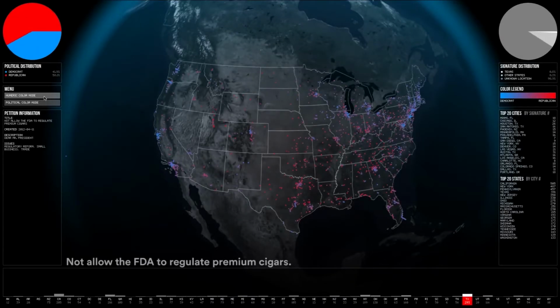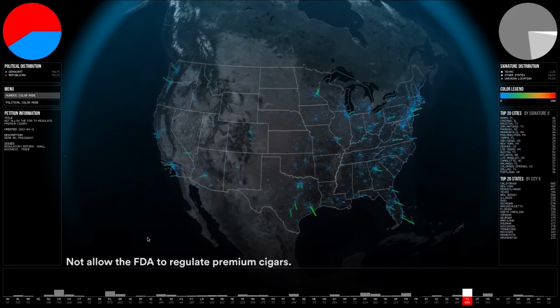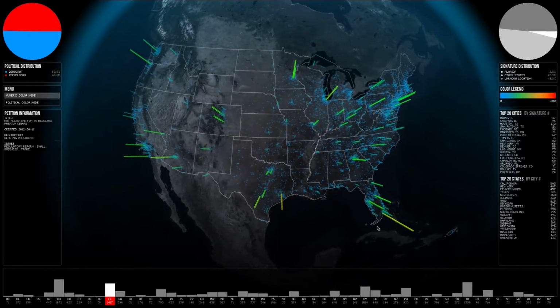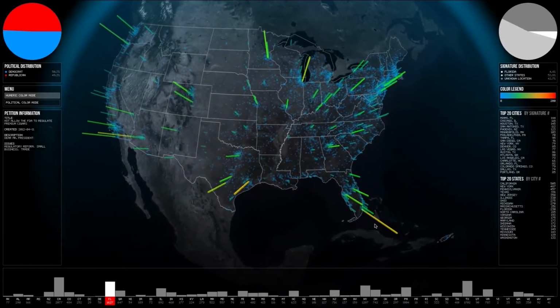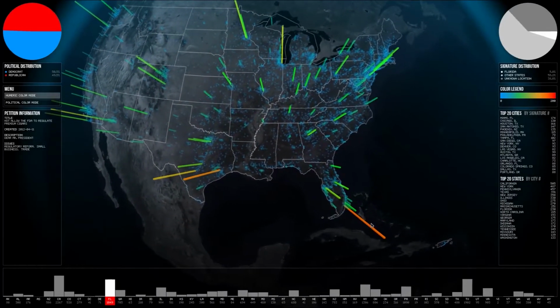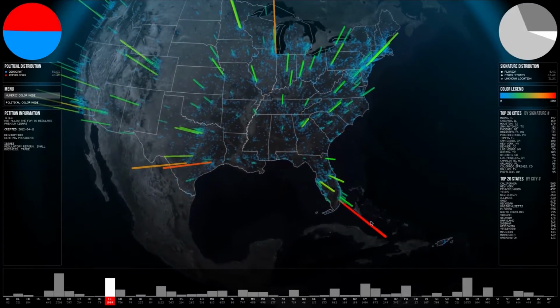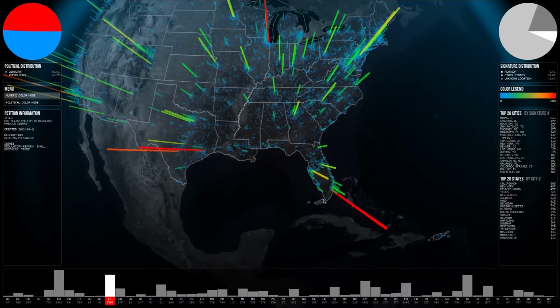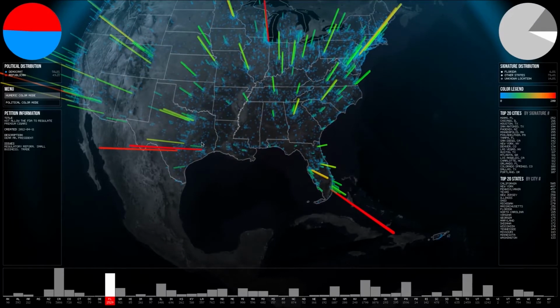So I went ahead and I created this whole sketch. This is a very interactive visualization where you can go in and zoom in on the different data. We're looking at the premium cigars petition. We see that Miami is at the top right here. There's a lot of activity. You can see the bar keeps growing. Down here, we can select Florida and get better information about the signature distribution. So we can see 6% of all of the signatures in total came from Florida.